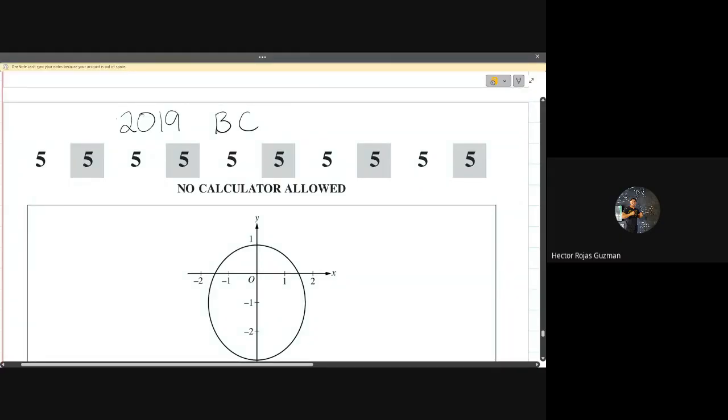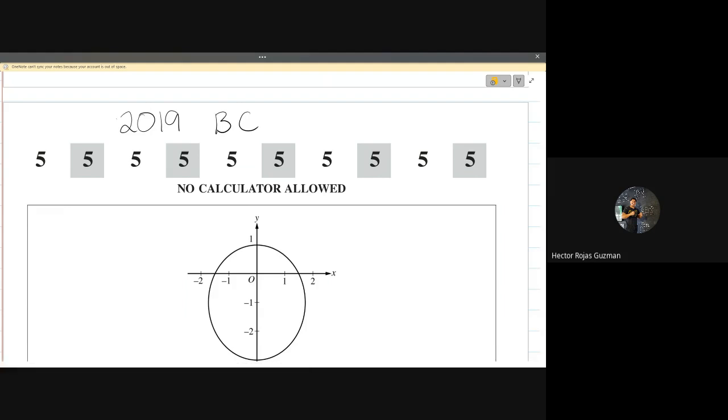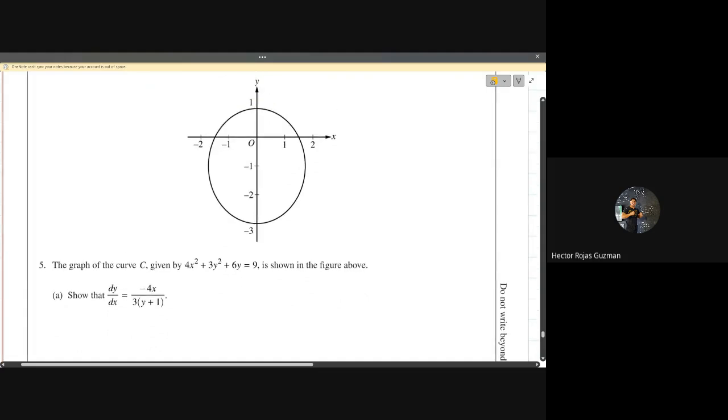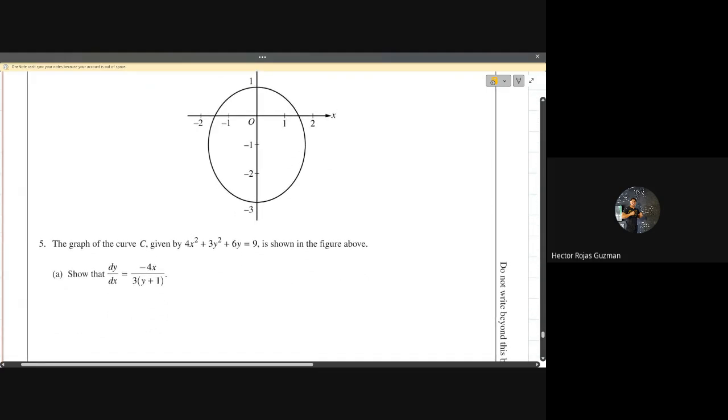Good morning. Welcome. We're going to work on question number 5 from the 2019 BC practice exam. For this question, we cannot use a calculator. All right, so number 5, the graph of the curve C is given by this function, which is shown in